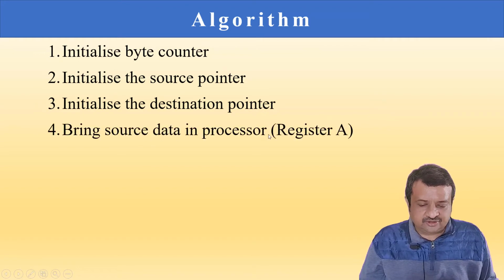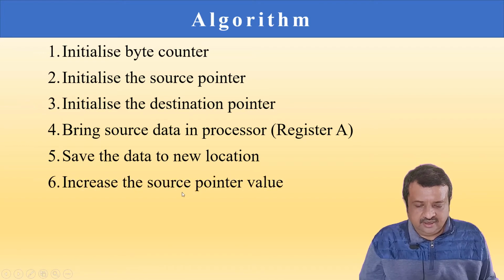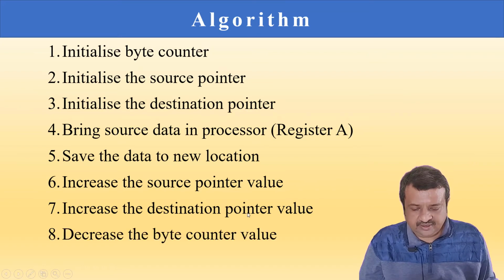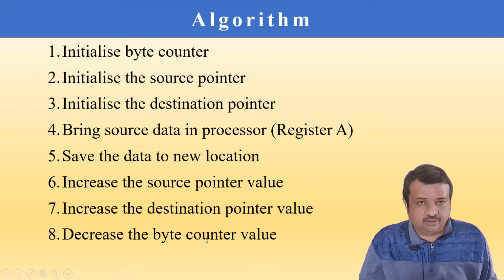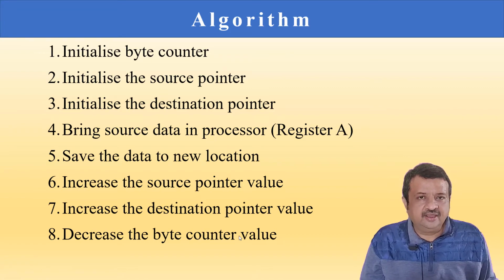Bring the first source data into the processor through register A. Save the data back in the new location. Increase the source pointer. Increase the destination pointer. So we are pointing to the next byte now. Decrease the byte counter. So we will decrease the value of byte counter. We will count 1 byte is already transferred, and therefore